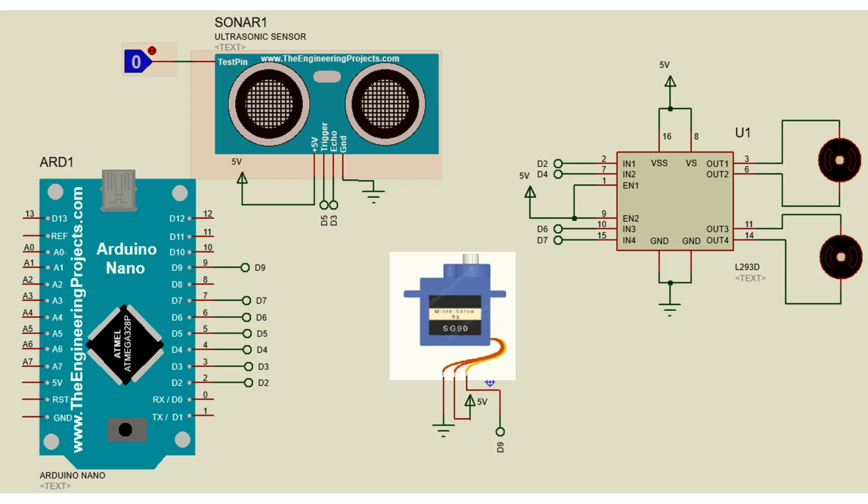Ultrasonic sensor's VCC is connected to 5 volt, trigger pin is connected to D5 pin, echo is connected to D3 and GND is connected to ground. Coming to L293D driver IC,